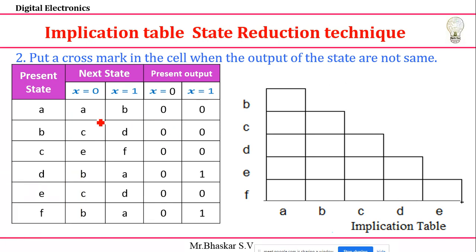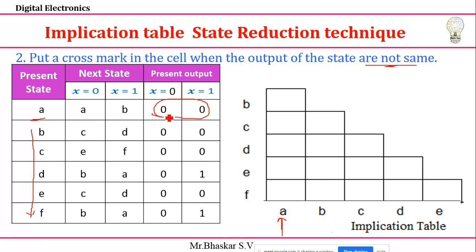We need to identify how. See, I'll go to this A state. This is the A column. This column I'm looking at. This is the A state. The output here is 0, 0. You need to compare this 0, 0 with all the remaining ones. I want to identify which are not the same. Here the output 0, 0 is there. And which state does not have 0, 0? Just identify.